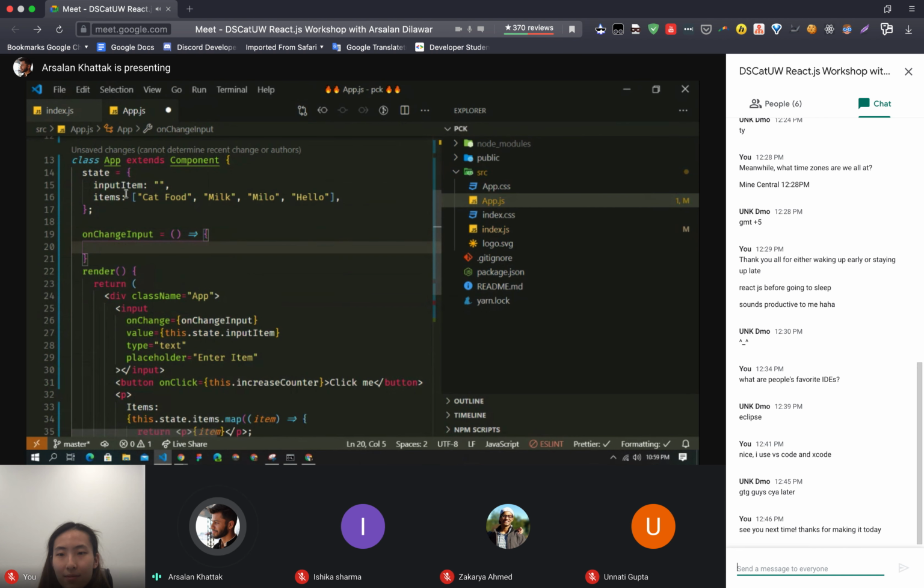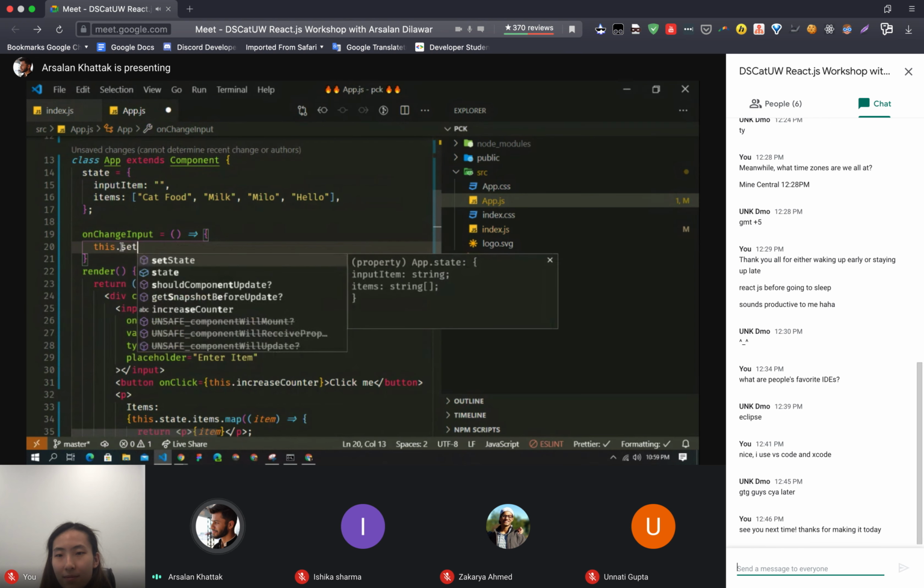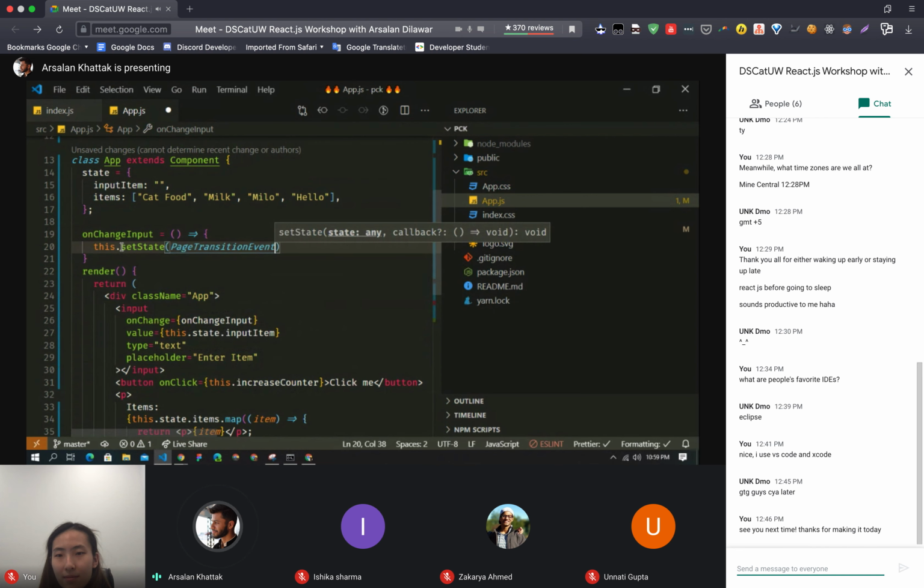So inside this function, we are going to update the value of this input element. The way we are going to do that is by using this.setState.